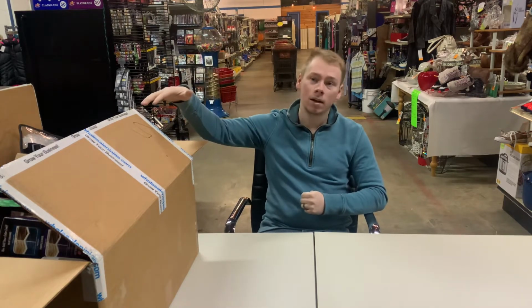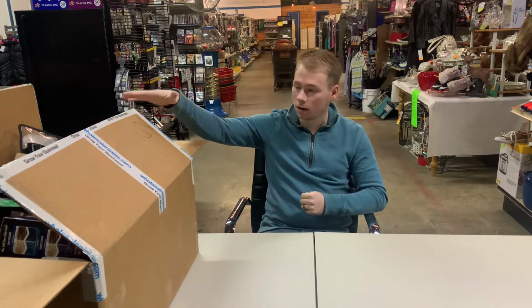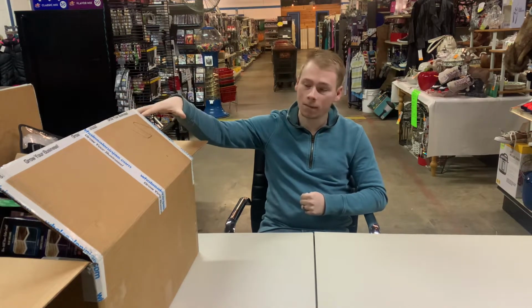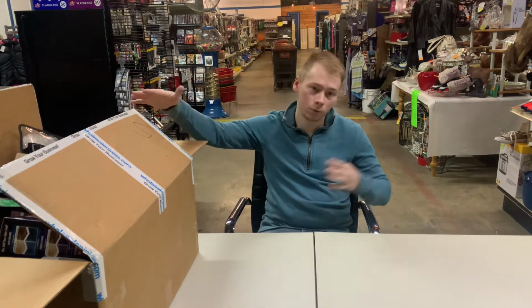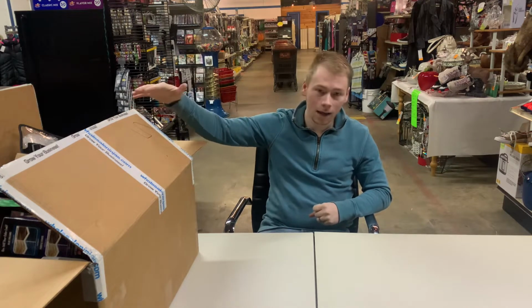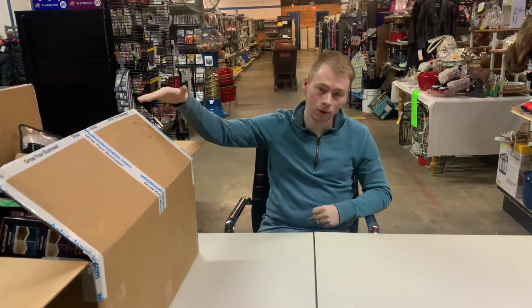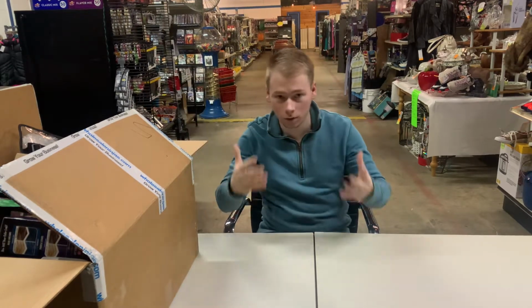This is great if you don't have a warehouse, you just have a home office or a home room set up designated for eBay, or maybe you just kind of do eBay in a side of one of your rooms in your own home. This works because you can get this. You're not out a huge amount of money. You don't need to store a huge pallet. This works really great. So one of the reasons I make this video is to show other people out there